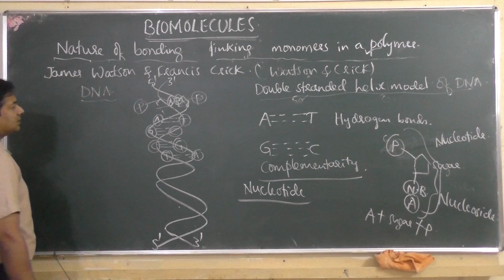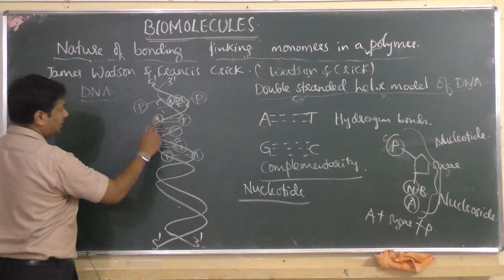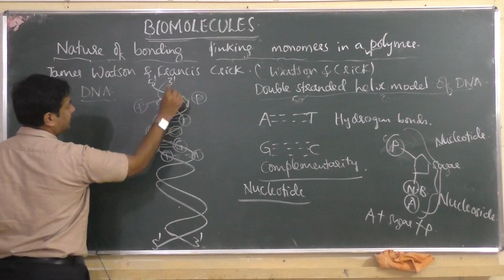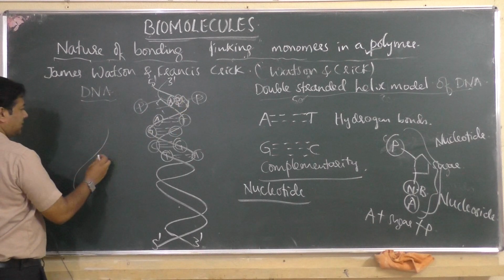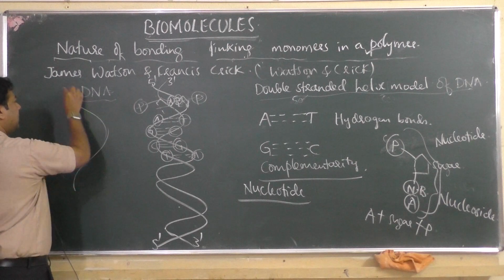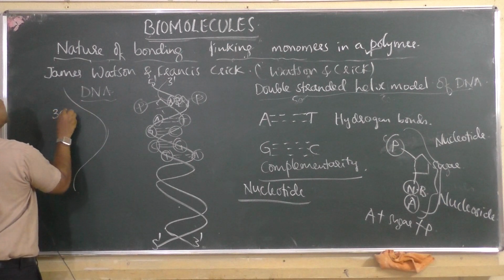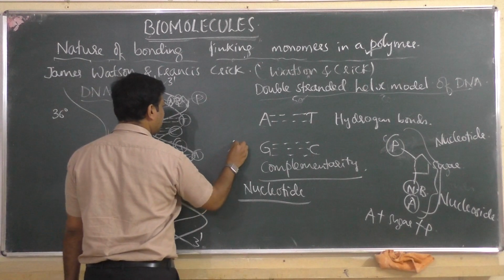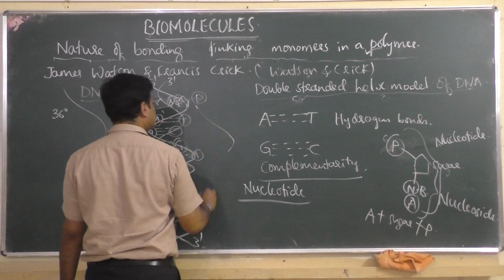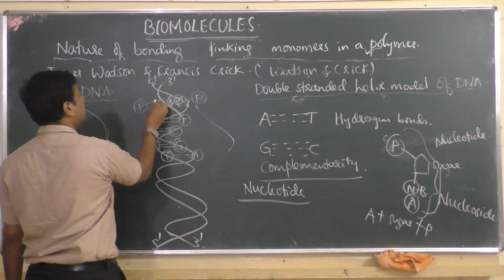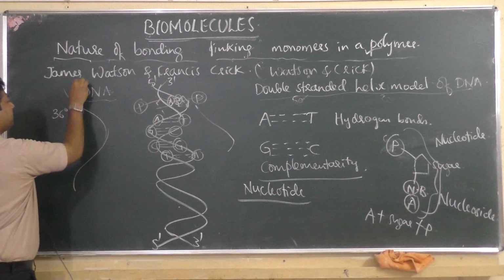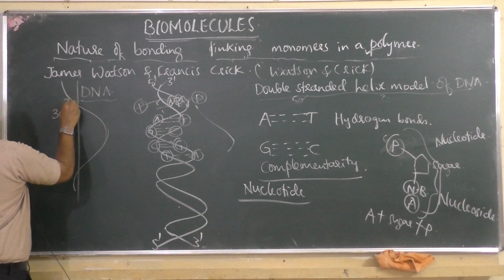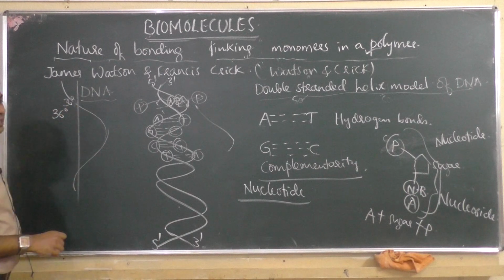So now what we have to discuss is, in a DNA, this is a DNA model. So DNA, when it takes a turn or ascent, meaning going up like this, it takes a 36 degree angle. DNA takes a turn like this. That is ascent. Ascent means going up like this. You can see here it is going up, and if you take this as a straight line, then it takes an angle of 36 degrees.